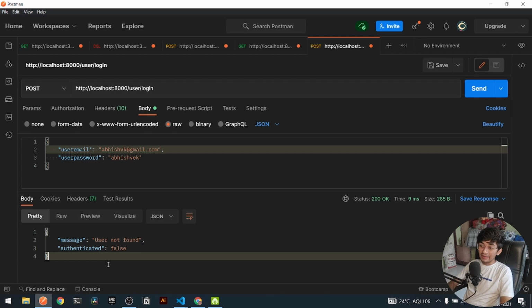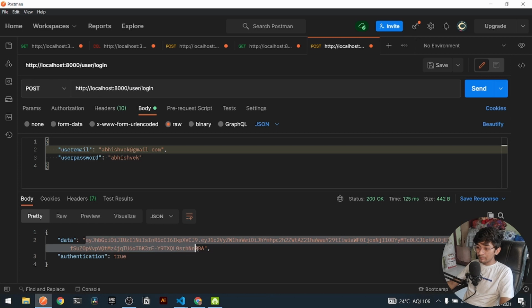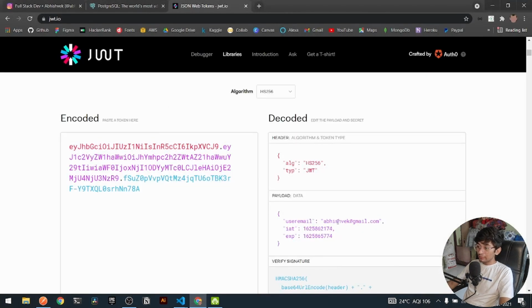So this should be our entire use case for login and sign up under our entire authentication for social, right? If I send proper user credentials and if I send a request, I will be getting a JWT. I can copy the JWT from this side and let's paste everything here. You can see I will be getting my data back, having some issue time and also some expiry time, right? So this should be your case for logging into your account.